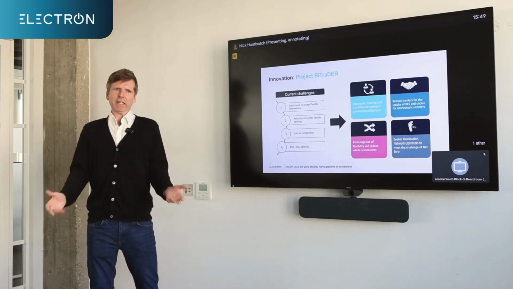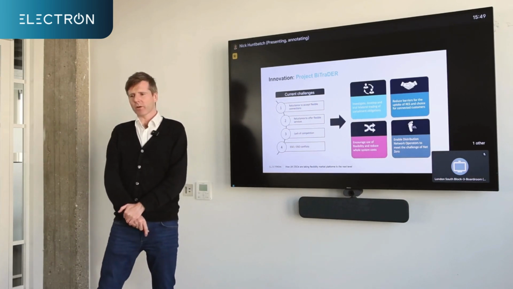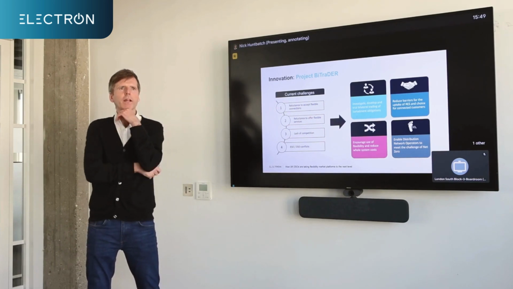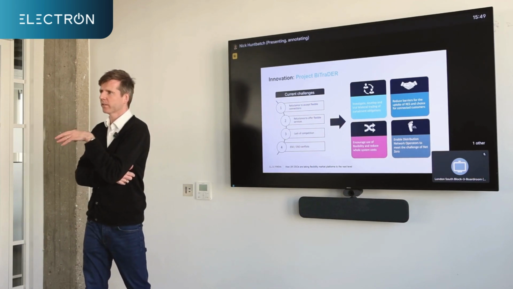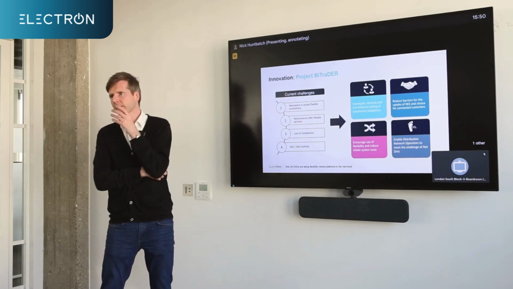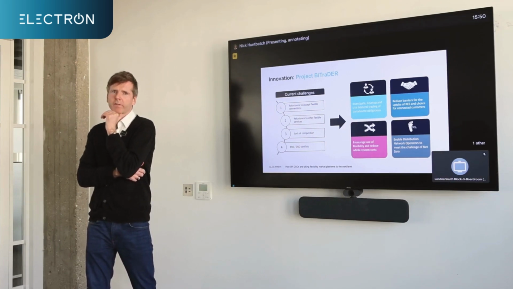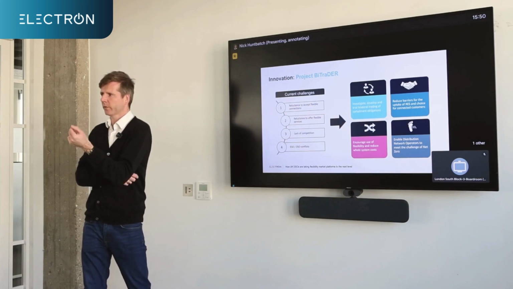curtailment obligations trading, a very technical term, or maybe quite dry. But what it means is you're in an area with active network management, so you're connected to a system which can curtail you, meaning turn you off to a certain amount. You're on a contract which allows that, and that's good because it means you got connected to the network quicker. So there's a benefit to active network management.